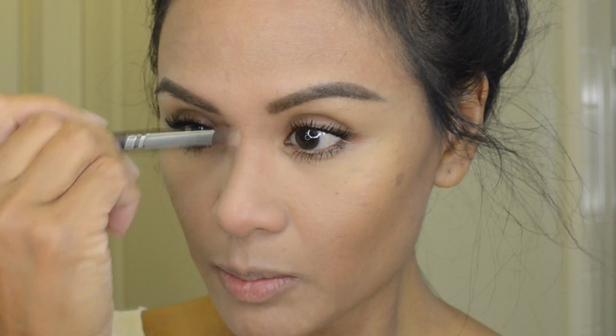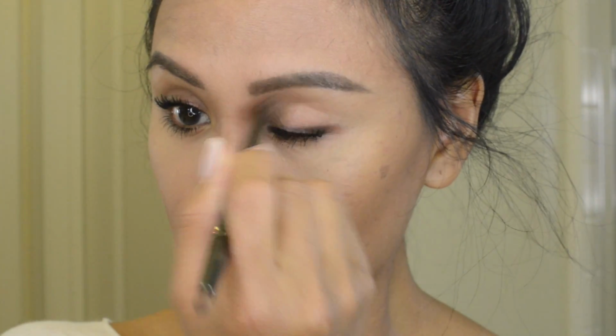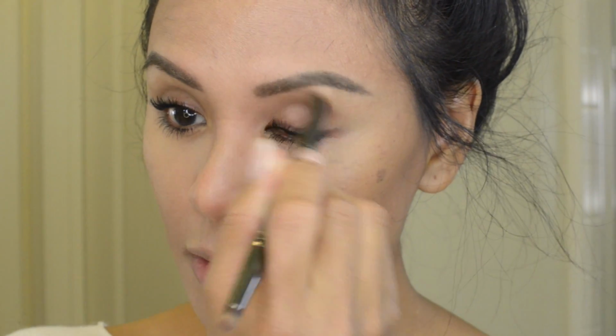I go ahead and start right underneath my eyebrow and then sweep it down the side and then add a little bit more color to the end. And then just sweep it all across my eyelid. And then I'll go ahead and take that brush again and take off whatever's excess on there and then soften up